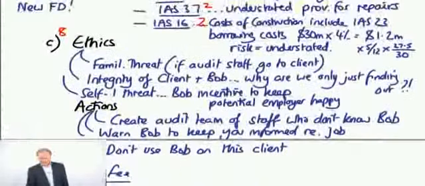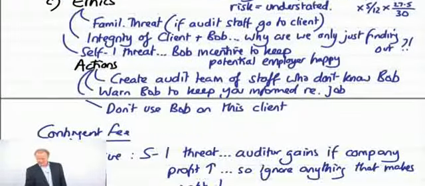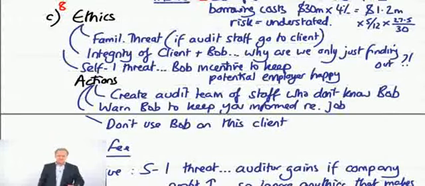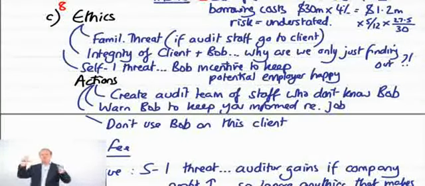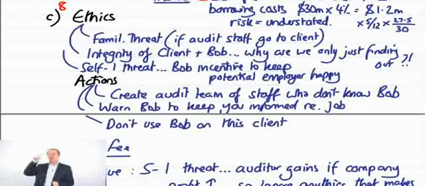Now, I've not finished reading the story yet, but with 8 marks available for ethics, let's assume that there's 2 4-mark issues where you've got 2 marks each for the issues and 2 marks each for the actions. I think those 2 stories between them, the audit staff who might be joining the client and the contingent fee, are probably enough to get the 8 marks. To be honest,